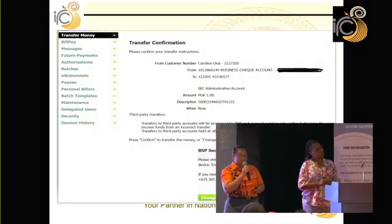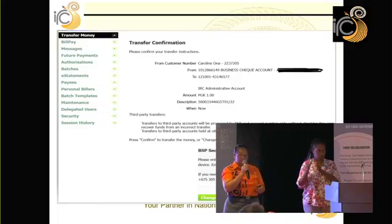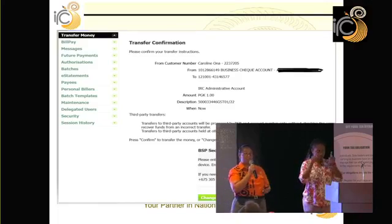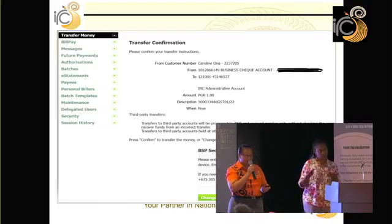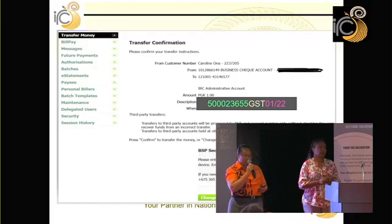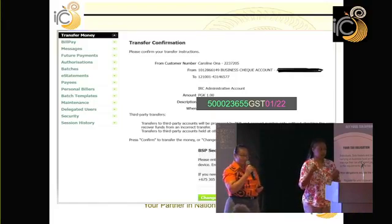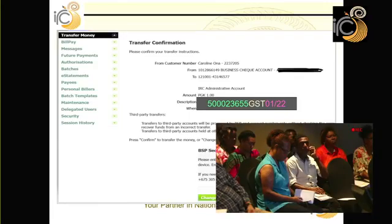Once you complete all the information, it will take you to the transfer confirmation screen. On the transfer confirmation screen, you will see all the information that you have included. Again, that information must be clearly indicated when you are confirming your transaction. That is the direct transfer